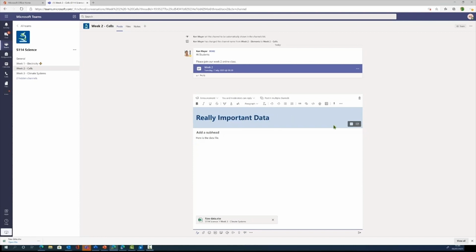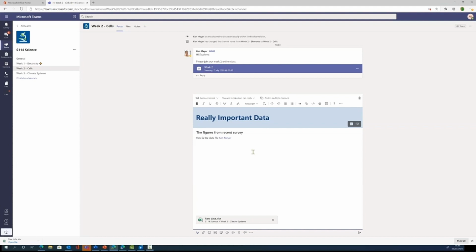Okay, I can change the color of this header. I can also add in a background or a picture if I wanted to. It's also useful then to add a bit of a subheading if you know some of the stuff that's there. The figures from recent survey. Okay, so I've said here's the data file, but I'm not actually calling this out to anyone. So I could, and I should actually put, here is the data file, I promise, and then maybe put in here at Ken. So, okay, so here is the data file, Ken.